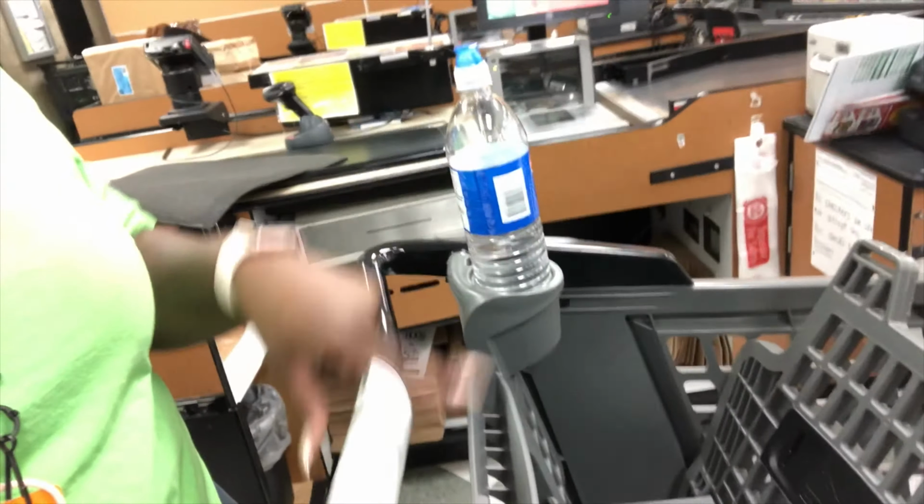So I basically showed y'all the staging order, what to do when you get an order. But let me give you the tips. So my tip to you is when you shop, put all your shelf items in the cart and keep your freezer and refrigerated items in the top of this basket. That way you can keep it separated when you put it on the belt. We are encouraged to bag our own orders. That way you kind of know where everything is. You can keep it separated, because from time to time, a lot of